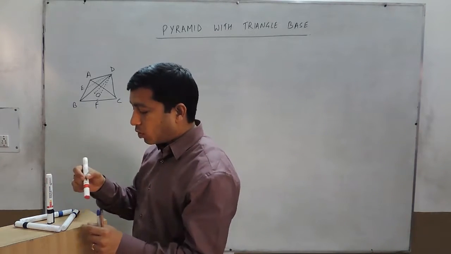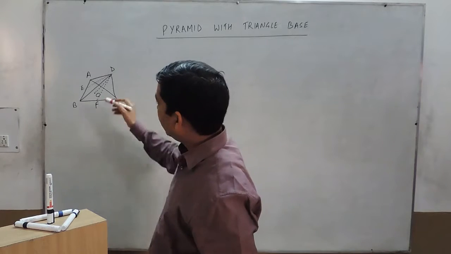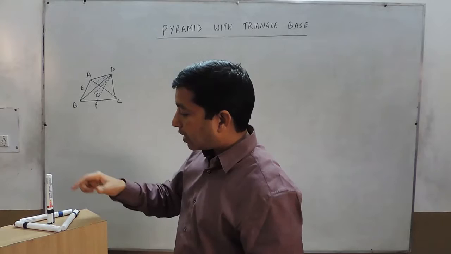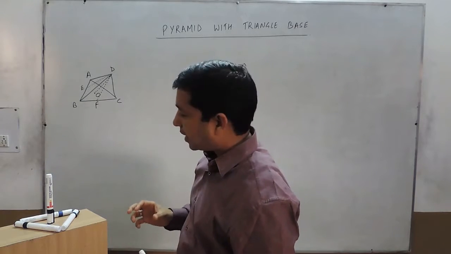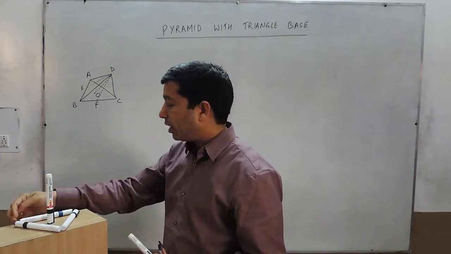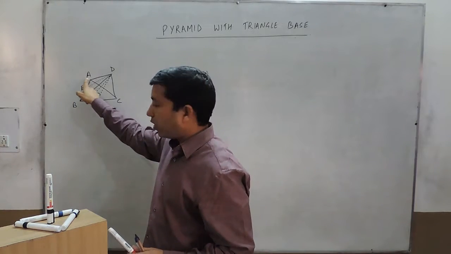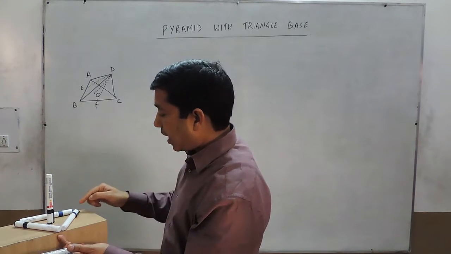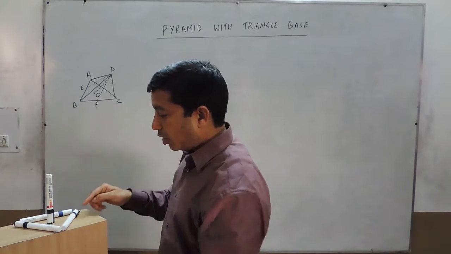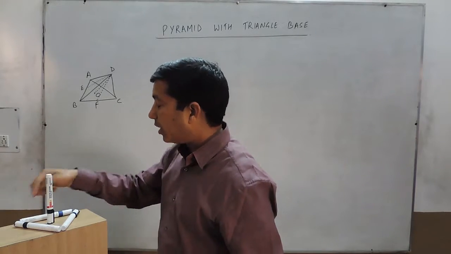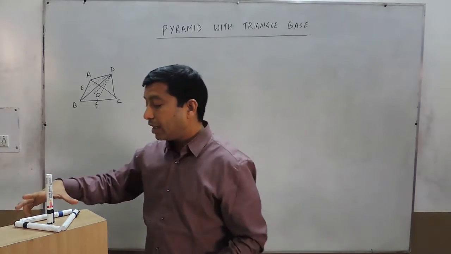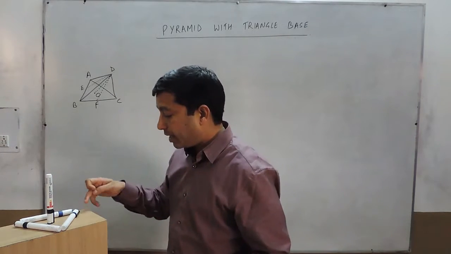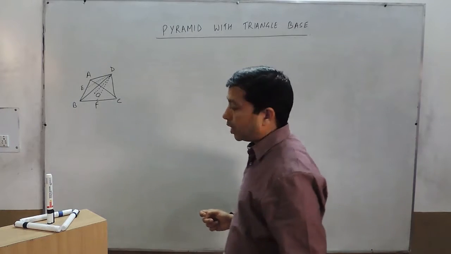First of all, we try to analyze a three-dimensional figure which we make in a copy or on paper, and a three-dimensional figure which exists practically. Suppose we take this figure: this point is the point A of the triangle, this point is the point B, and this is the vertex C. So this is basically a base, triangle ABC, which is equilateral, that is, all three sides AB, BC and CA are equal.